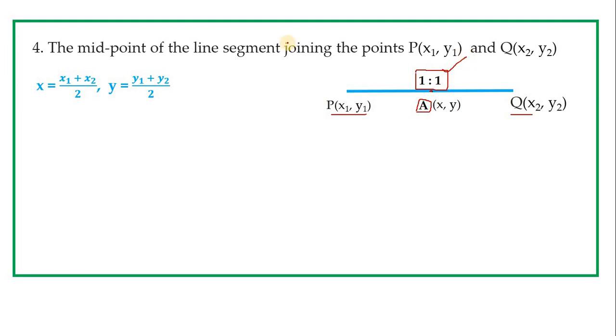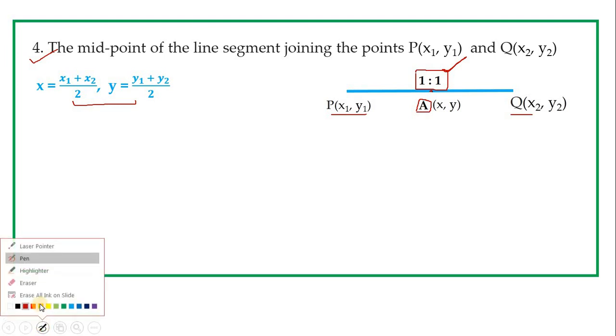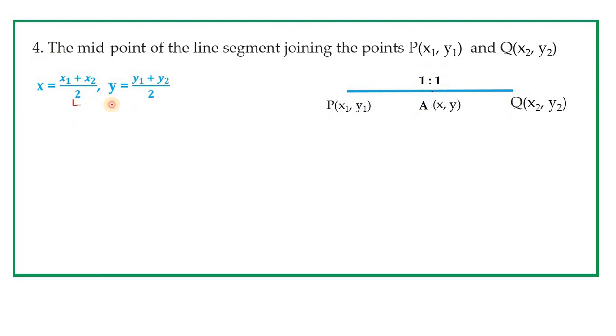Compared to the last point, the section formula is used especially when a point divides a line segment in a different ratio. If you use it for an equal ratio you will also get the answer, but it takes more time. But when a point divides a line segment in an equal ratio, if we use this formula, we will get the answer very quickly. Hence, this formula also we want to keep in mind. So x1 plus x2 by 2, y1 plus y2 by 2.